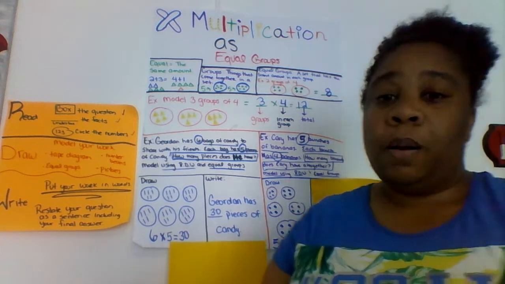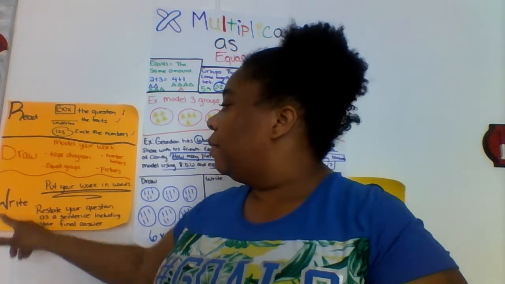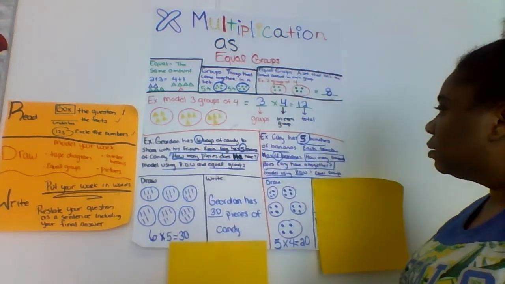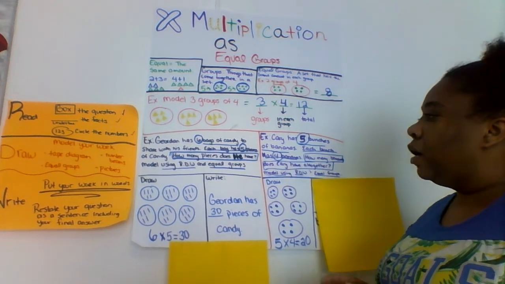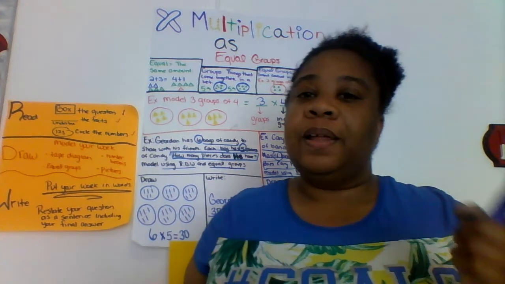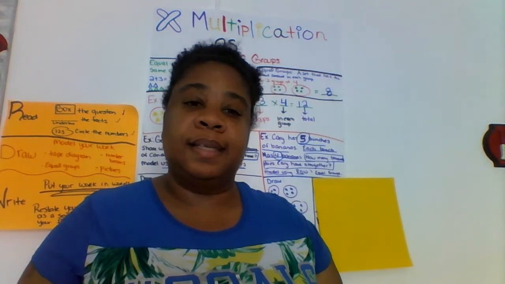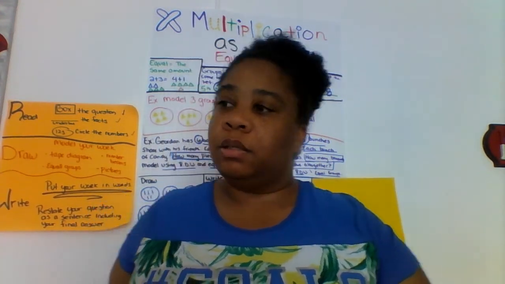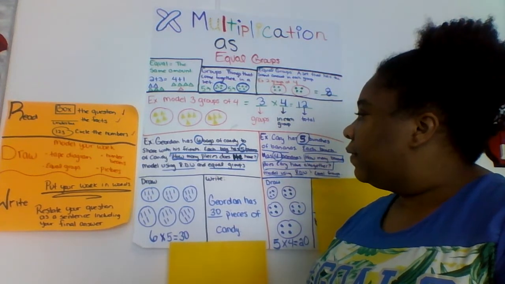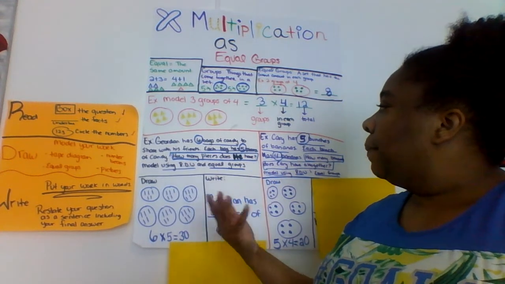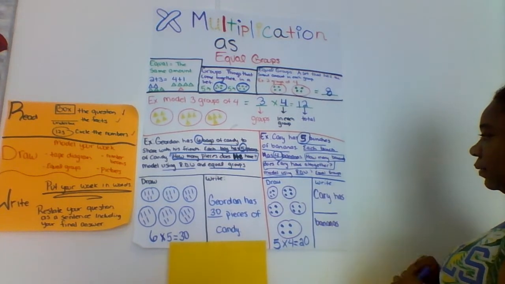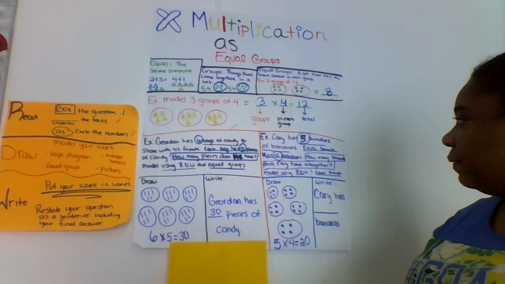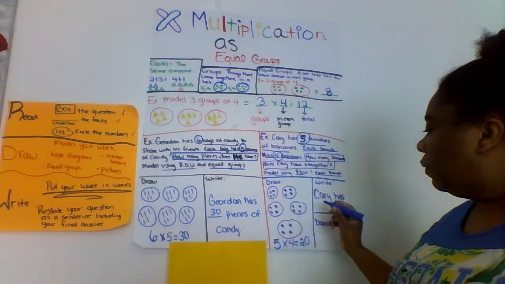We are almost done. Last step, write. Put it in a sentence. Go back to our question. How many bananas does Carrie have altogether? We can flip that into a statement or a sentence. We could start it with Carrie has blank bananas. And we go right back here. We had 5 groups of 4, which gave us